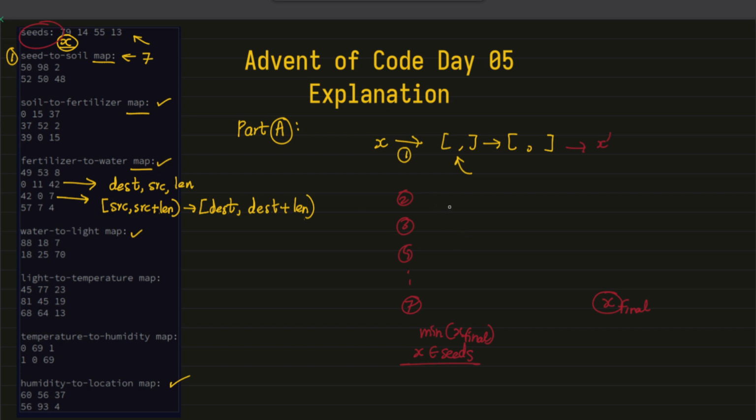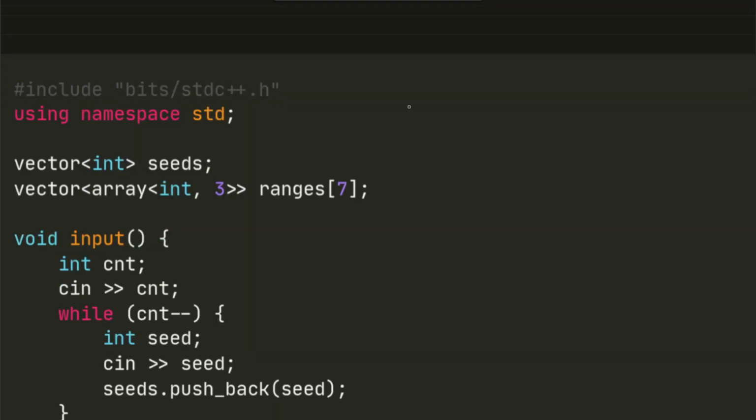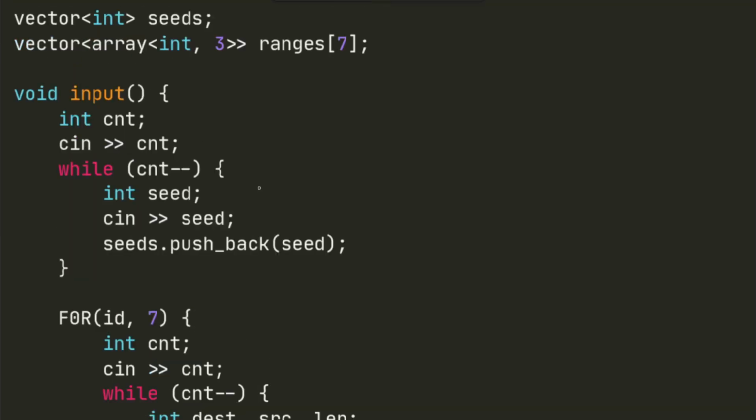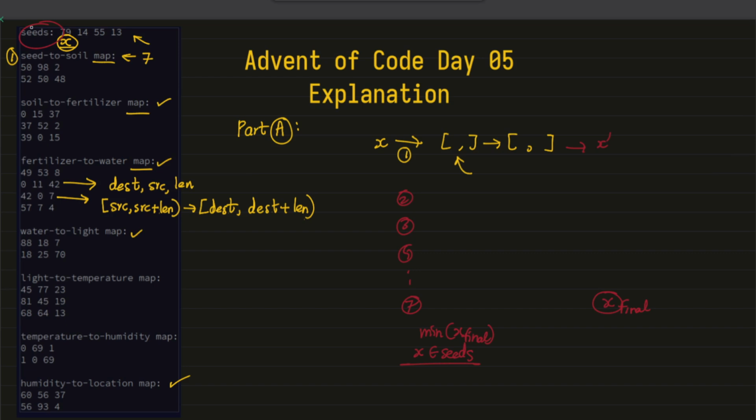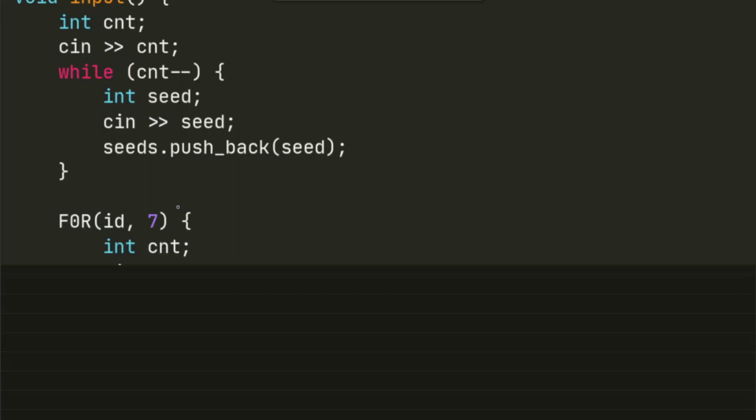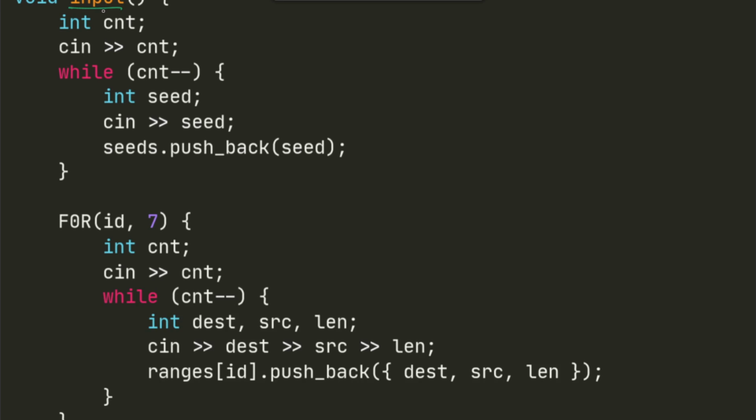Okay, to implement this, let's go over the part A solution. I have transformed this input to, let's say there are 4 seeds, right? So I have transformed it to 4, then a sequence of 4 integers, then there are 7 mappings. This 7 is constant, hence I have counted these rows. So 2 rows, then each of those 2 rows has 3 integers, so a sequence like this. Then again this has 3 rows, then 3, then again 3 rows each with 3 integers, and so on. This is how I have transformed the input, and this is how I will pass the input in the